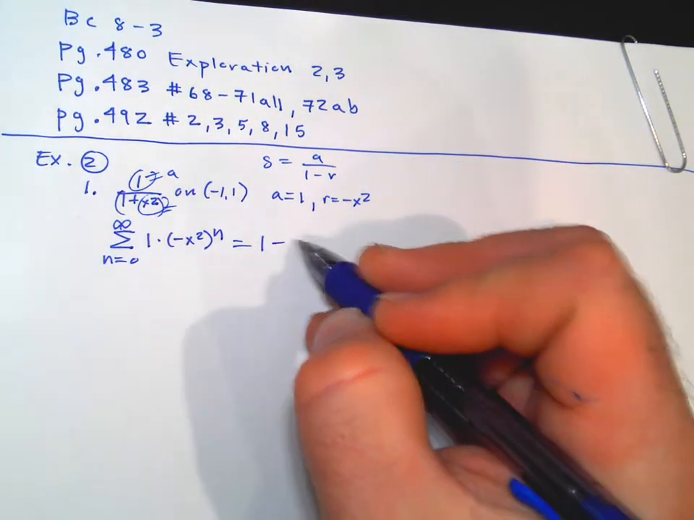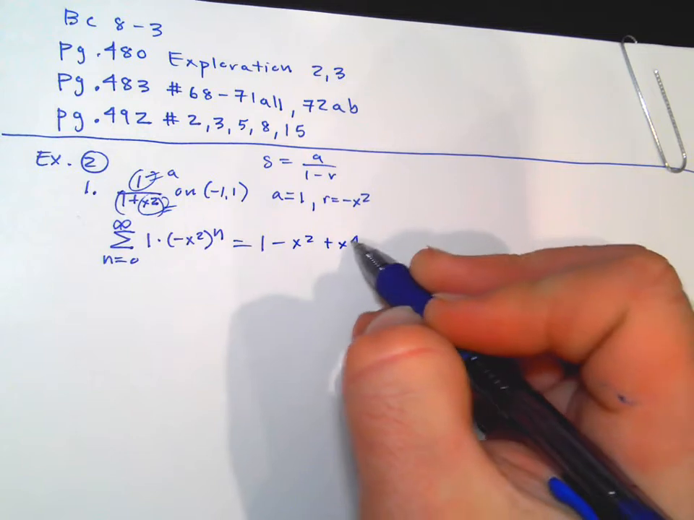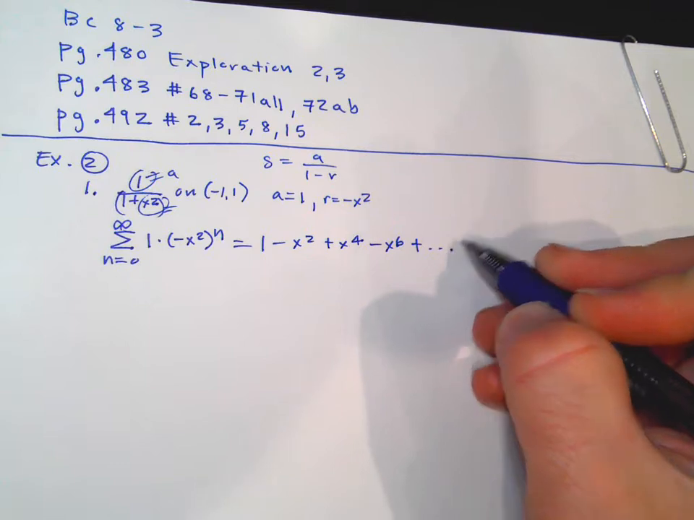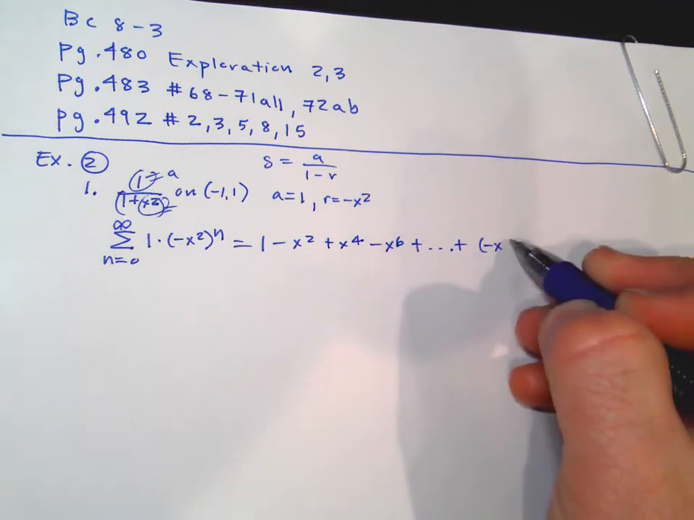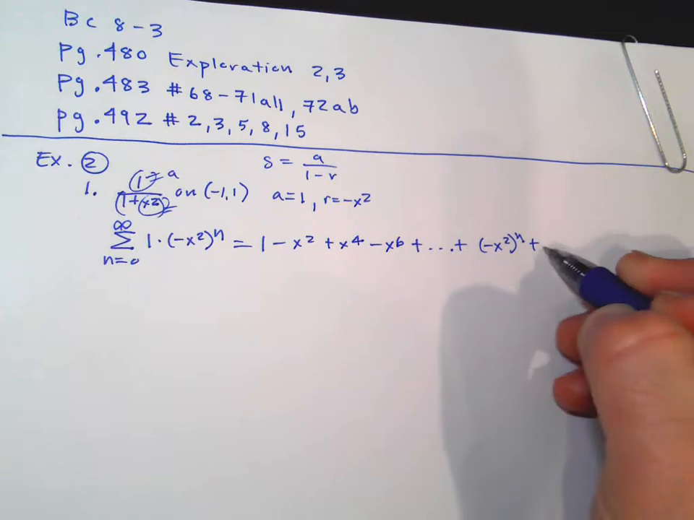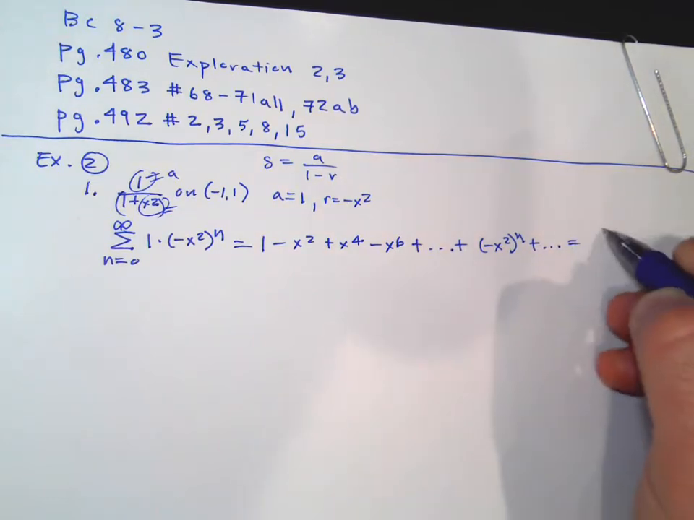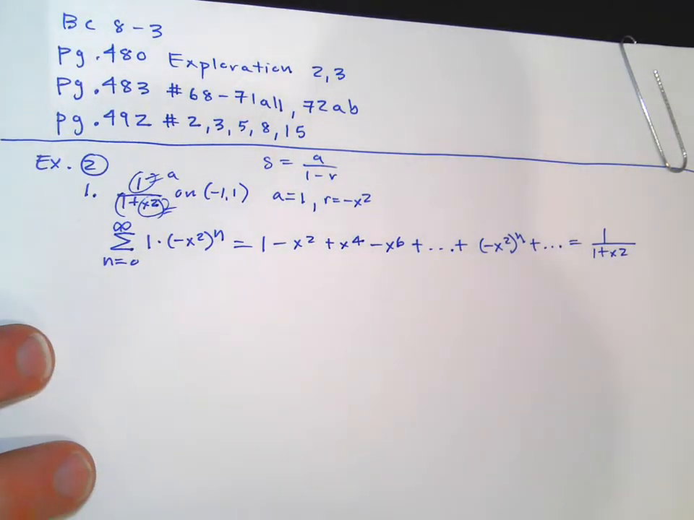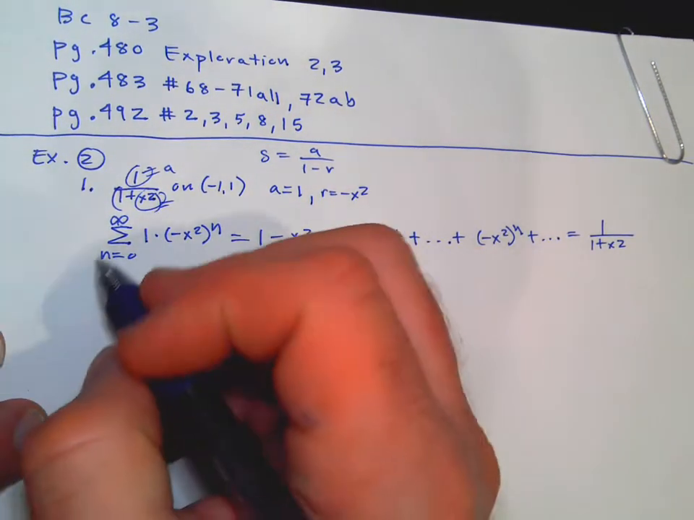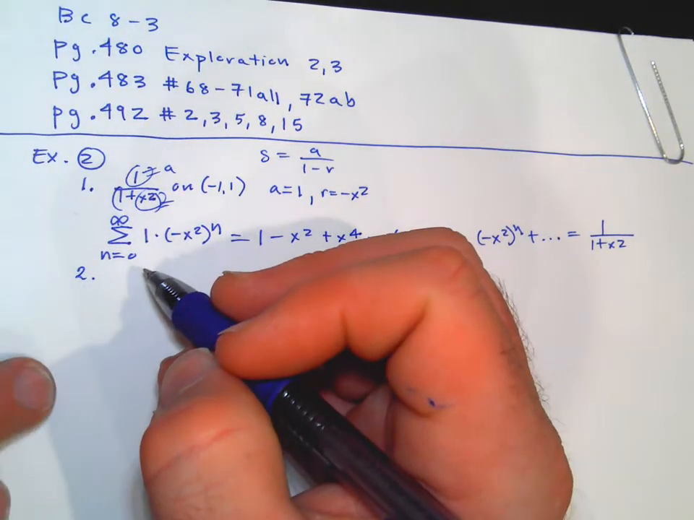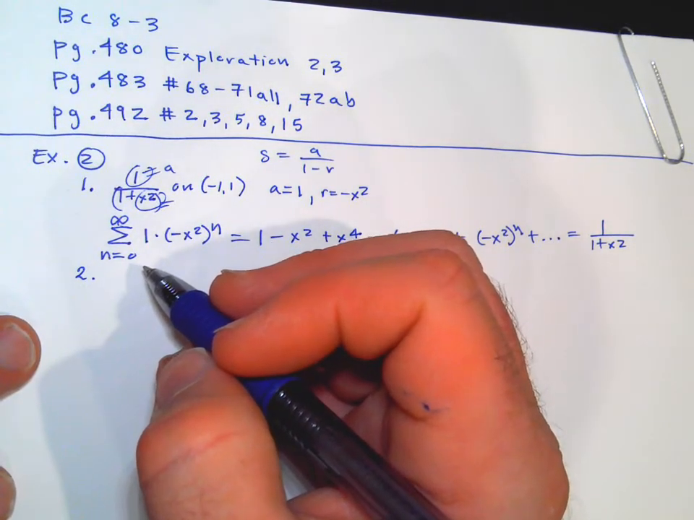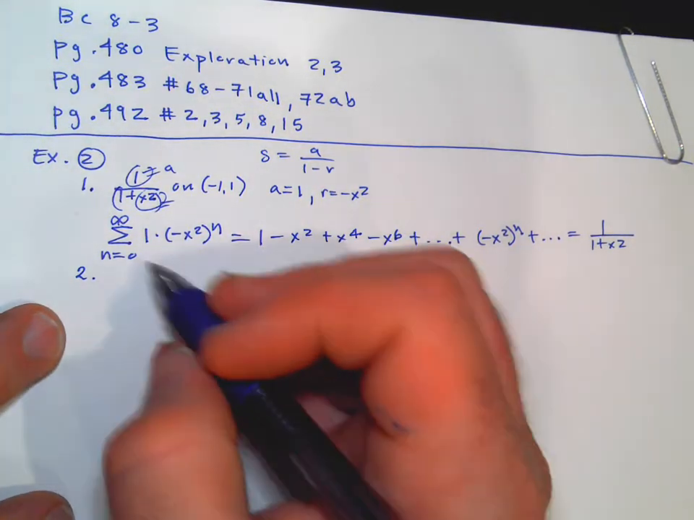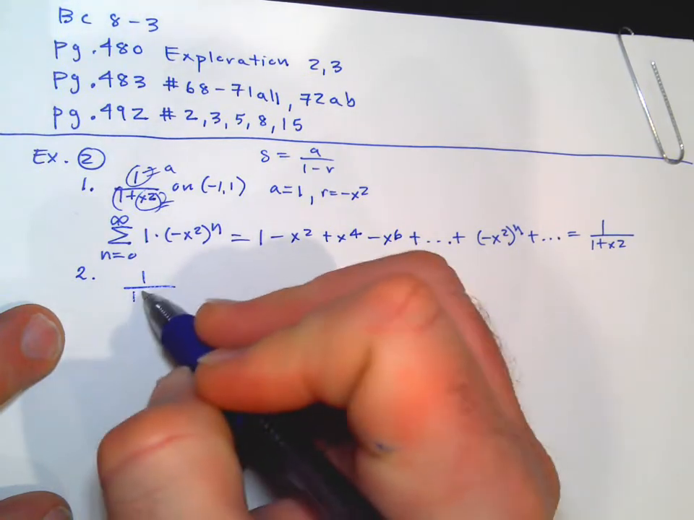So you get 1 minus x squared plus x to the 4th minus x to the 6th plus ... plus -x squared to the n power plus ... That should equal 1 over 1 plus x squared. Okay, cool. That's part 1. Part 2 says use the technique of example 5 to find the power series that represents inverse tangent of x. So that technique was integrating